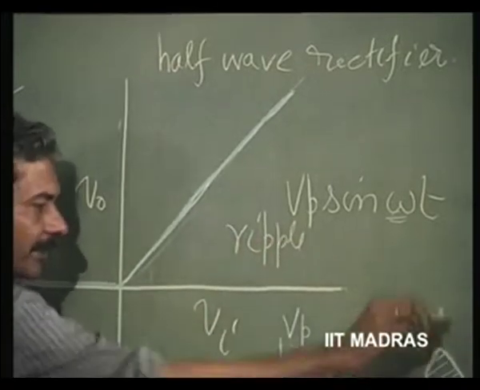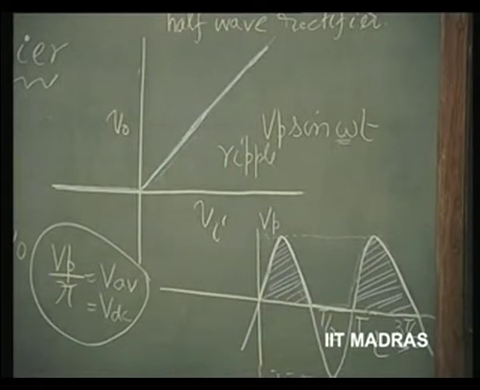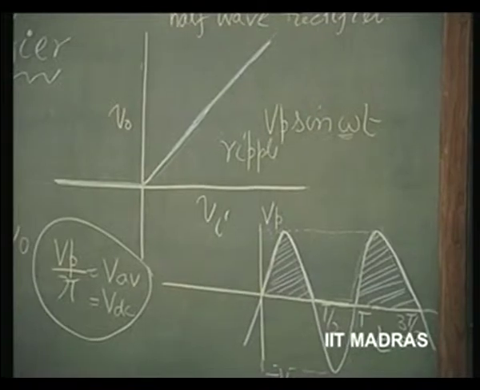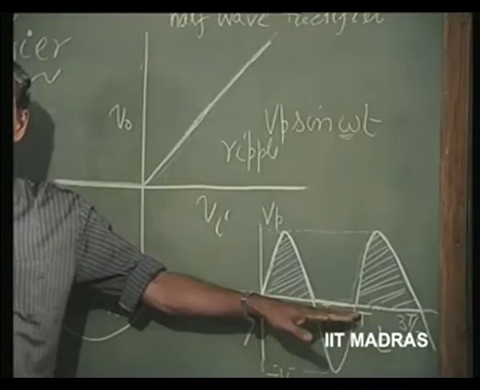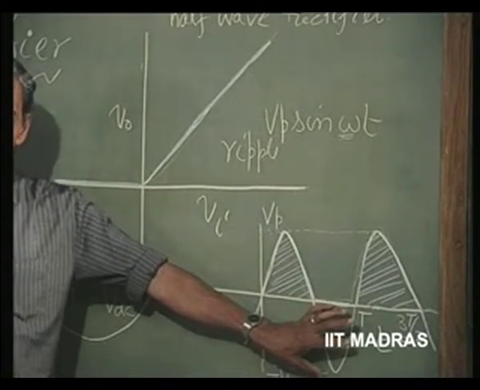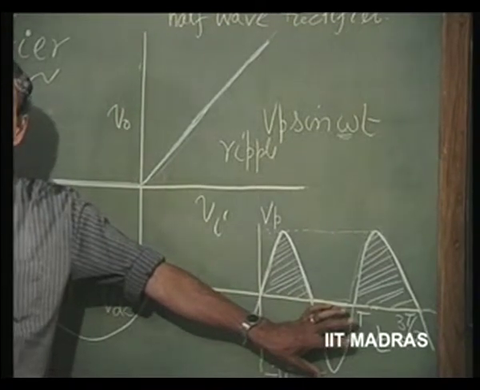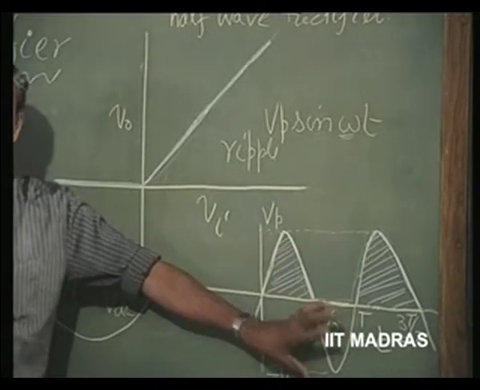Ripple is this variation, this is enormous, and if one is not happy with this kind of ripple, we would like to get rid of this ripple. We will later see how to get rid of this ripple, but presently we would like to reduce the ripple by, instead of making the voltage here 0, we can convert this waveform which is going negative to positive. So, if we can make this get inverted here,